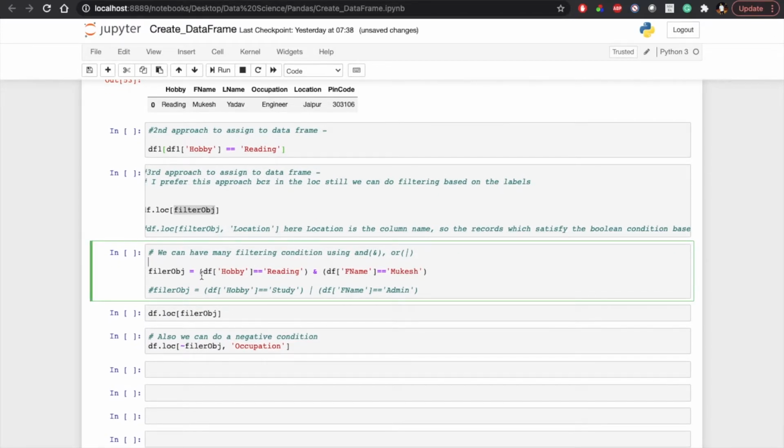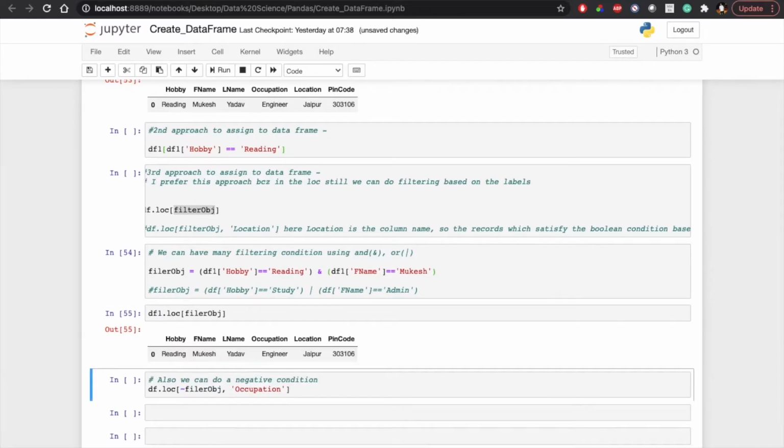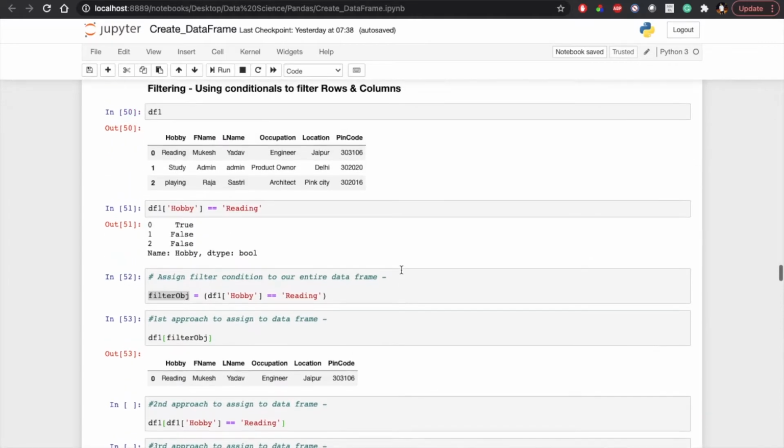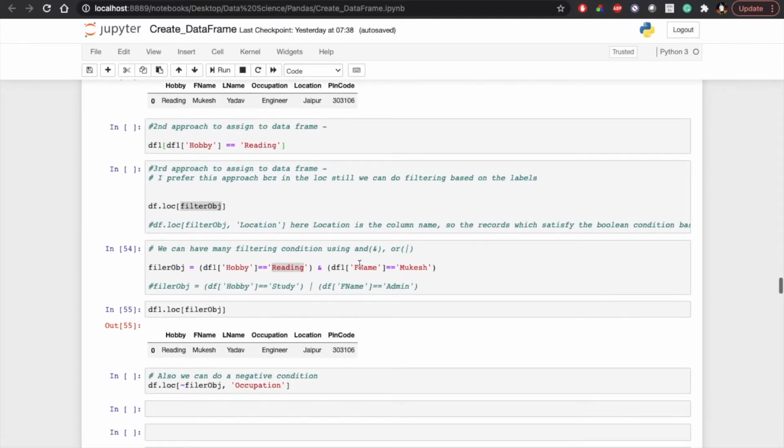For example, the first one is df hobby equals reading, and df first name equals Mukesh, and here we have the and operator. So let me do df1 and pass the filter. Yeah, so basically the hobby contains reading and the name equals Mukesh. If we see our data set, the reading and first name Mukesh is only the 0th index, so we will get only the 0th index values.